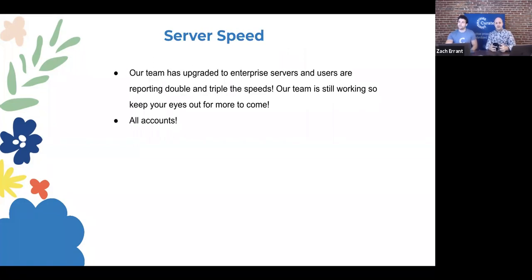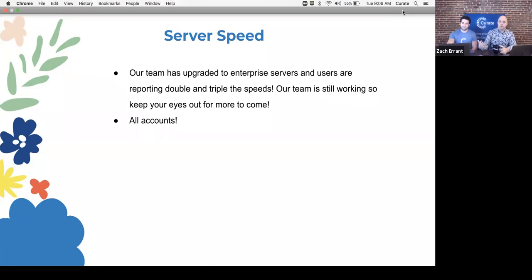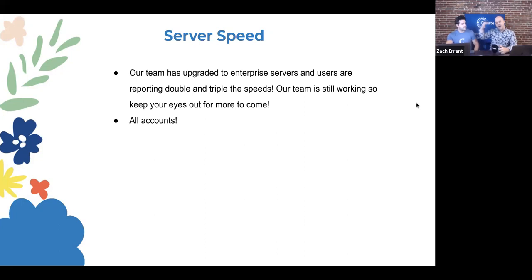So first is server speed. Now, to give you a little bit of context, we've had a lot of users, probably toward the beginning of this year, that have started saying, hey, we'd love it if the software could speed up a little bit, because we love the software. It's making such an impact, but it's processing so much that maybe there's a way to automate that. To give you a little bit of background on this, I am far from a developer, at least our developer team will say that, but I built the first version of the software. So the exciting thing is we got it going, we got users on it, we were a real florist who was building this. The negative side of that is the abilities that I had sort of cap out at a particular